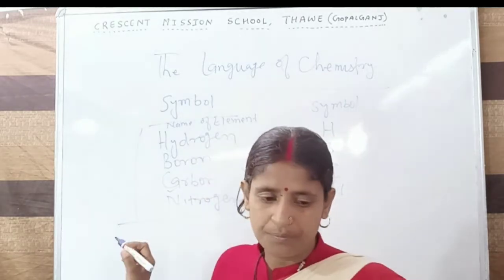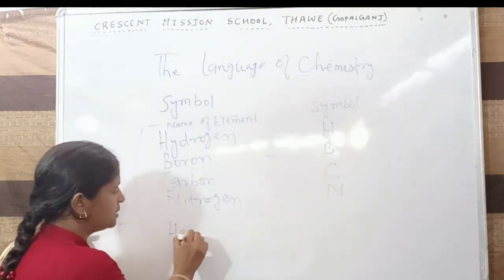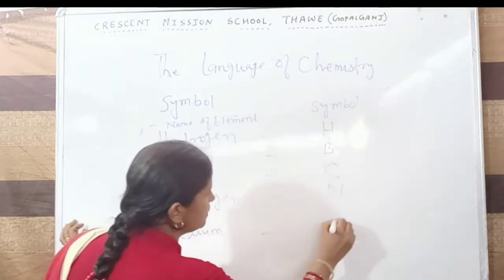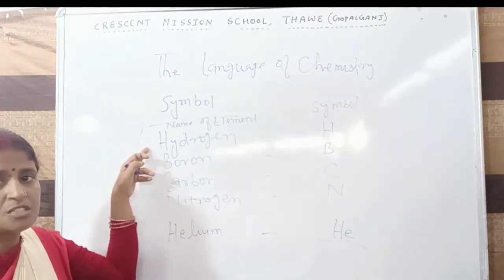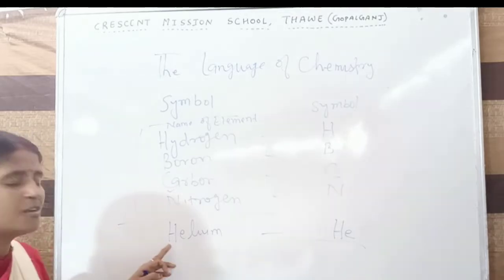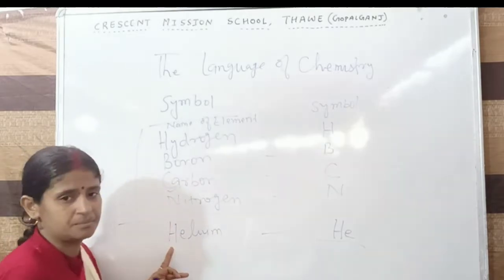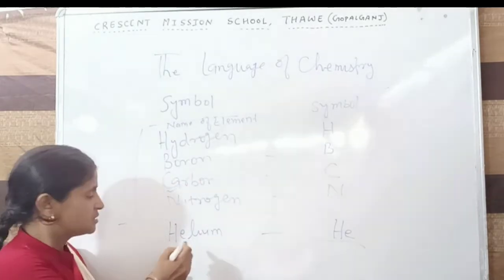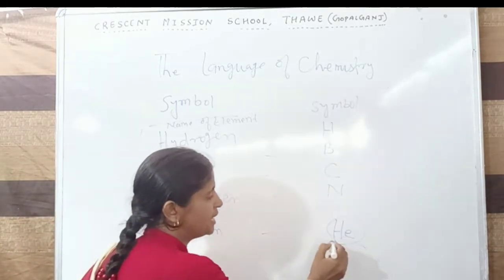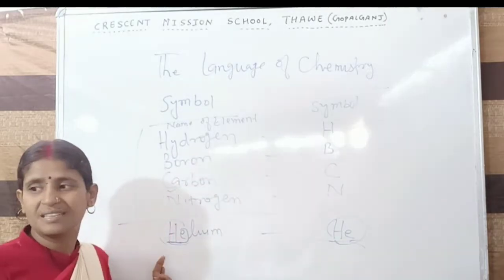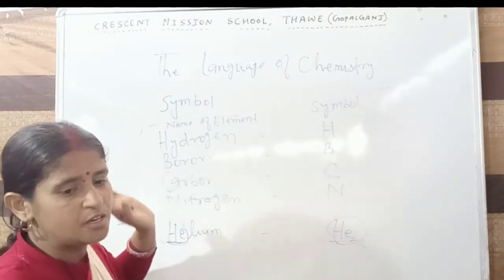for their symbol. So here also the name of that element, helium, and its symbol is He, because the name of hydrogen also started from H, and helium also started from H. Then how can we identify whether it is hydrogen or helium? So helium has an E just after H. Due to it, we take both symbols H and E, and then we can identify that H and E together is the symbol for helium, and only a single H is the symbol for hydrogen.